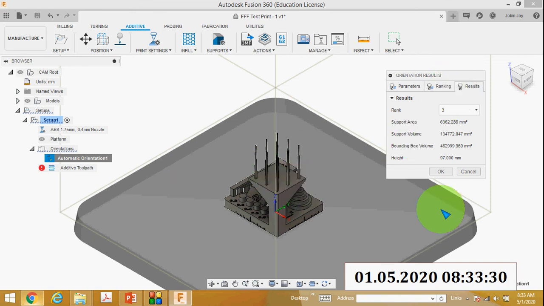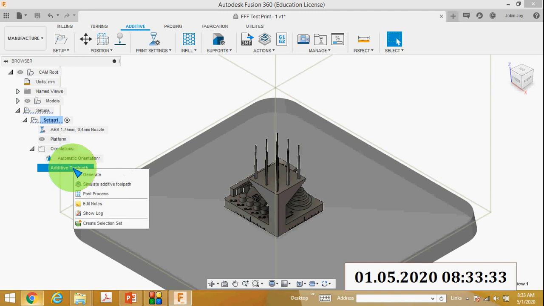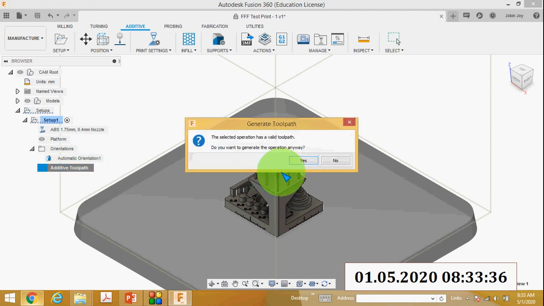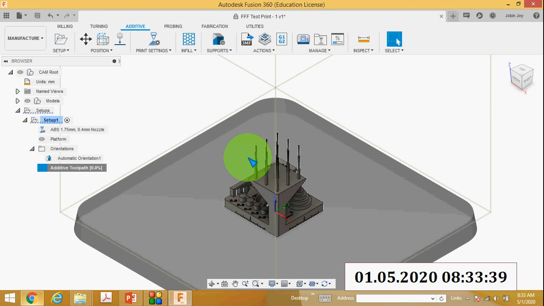So we will do the final activity. Go to the additive toolbar, Actions, Post Process. Here you can see now a valid toolpath. Right click here. So here I am generating the additive toolpath.